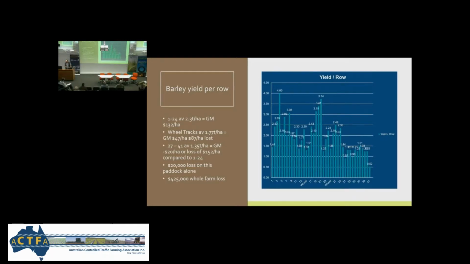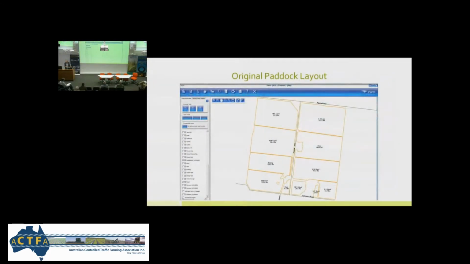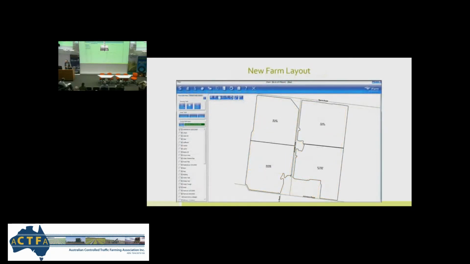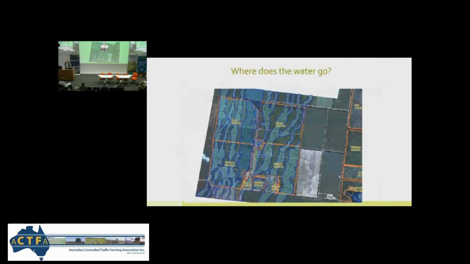So for us, even if those figures were not quite accurate, if they were half as good, it still definitely paid to be in the system. So, you know, it quantified for us that we needed to change. The original paddock layout was east-west. We took out fence lines and made 320 hectare paddocks on this particular block, and changed our sowing orientation from east-west to north-south